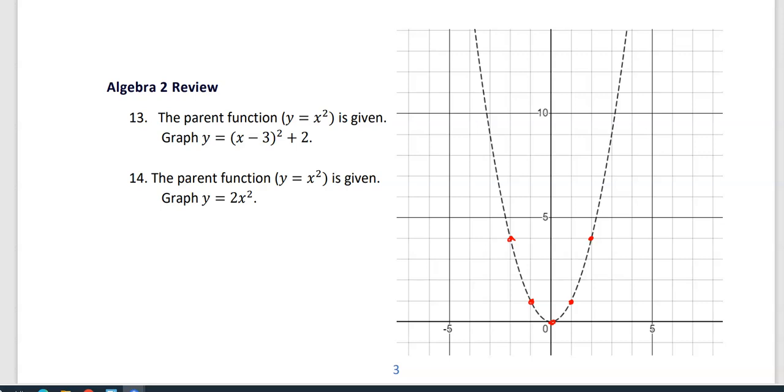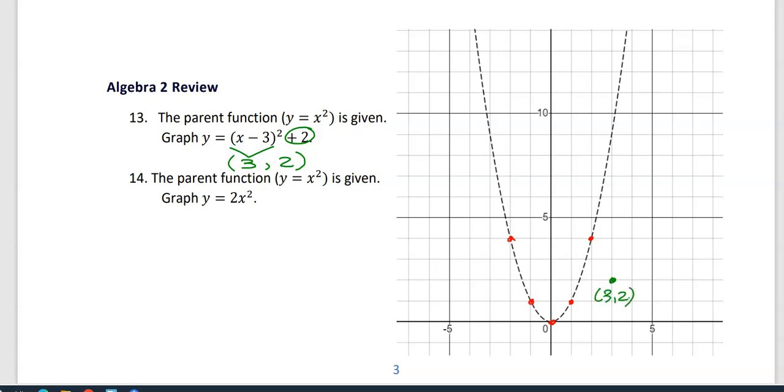Okay, so for the first one, one of the conversations I will have about functions is what makes that x value equal 0. That tells me how much I'm shifting left or right. In this case, I'm shifting 3 to the right, since 3 minus 3 is 0. And the second number, the addition of 2, tells me the graph is going to move up 2 units. So instead of the vertex being at 0, 0, the entire graph is moving 3 to the right, 2 up. So the new vertex will be at 3, 2